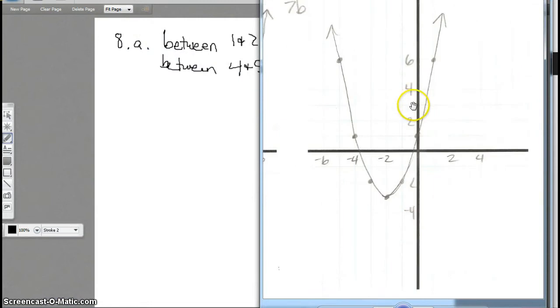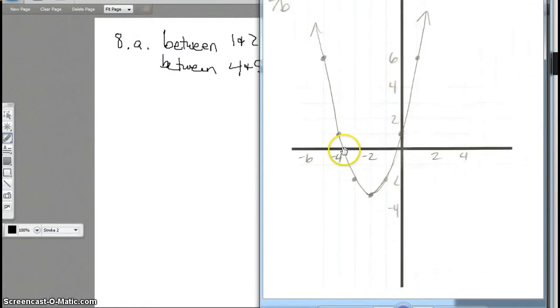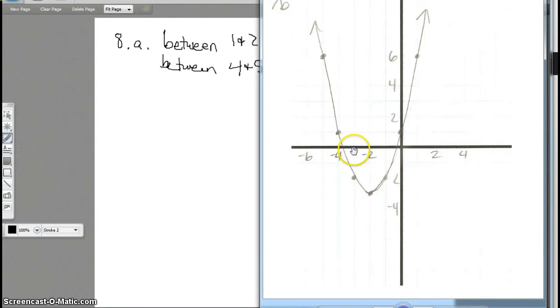Okay, so now we're going to look at part B. So we just go over to our graph for 7b. Again, we can see that it crosses the x-axis 2 times. And it looks like it crosses right here. Notice this is between -4 and -3, not between -4 and -5. The negative side of the number line is numbered backwards. Here's -4. This is -3. So we're going to write for 8b